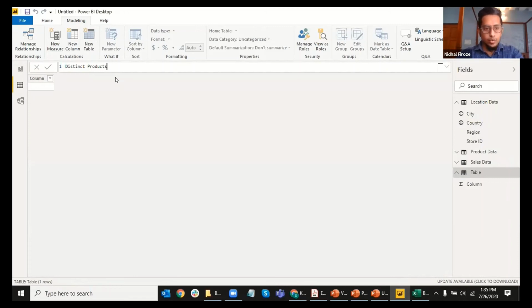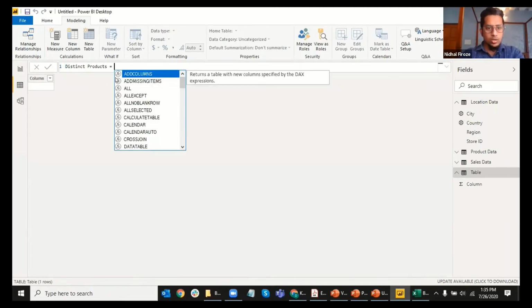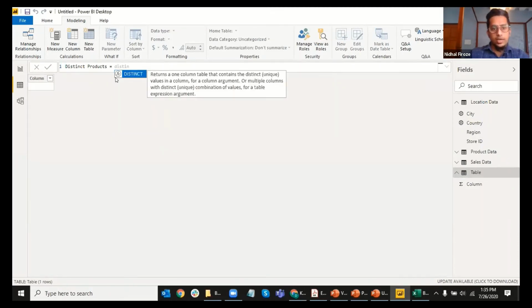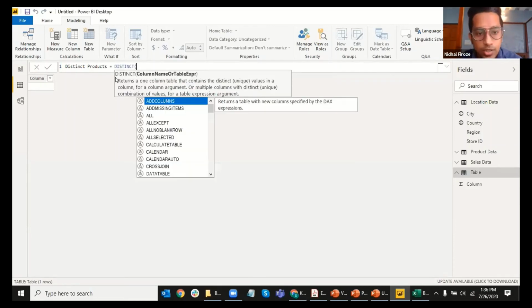The distinct products table is equal to distinct. I'm going to use the distinct function. So what does distinct do? You can read the help text. It returns a one column table which contains the distinct values in a column, which are the unique values in that column. So I'm going to add the distinct